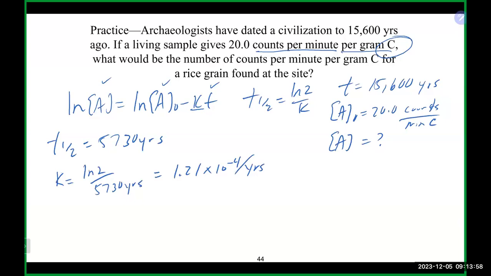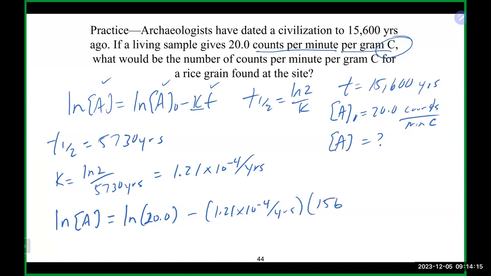So now that we have that, we can go to the natural log of our final, which is what we're looking for, natural log of our 20 minus our 1.21 times 10 to the minus 4 per year, and our time, which is 15,600 years. In this case, we're okay on units as they're both in years. So we'll clean up the right-hand side there. Natural log of 20 minus 1.21 times 10 to the minus 4 times 15,600 gets us natural log of A is equal to